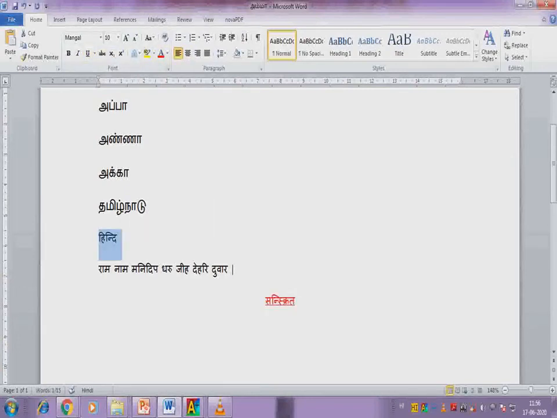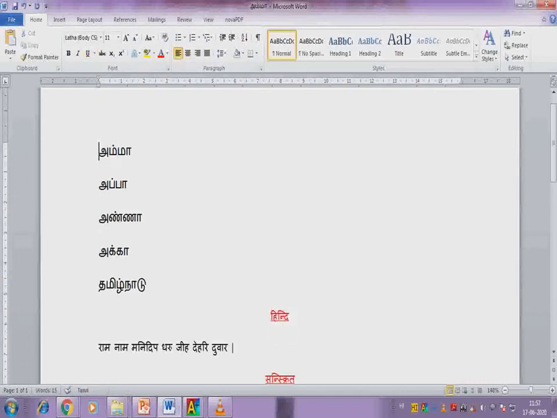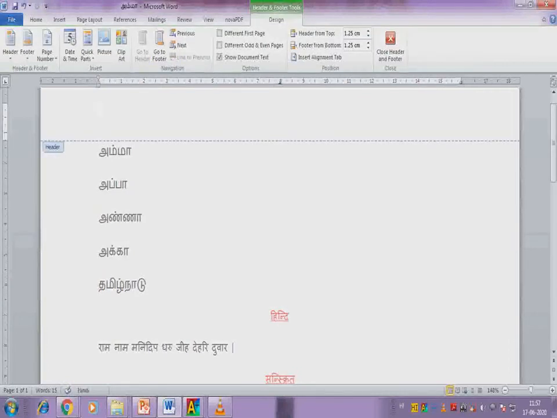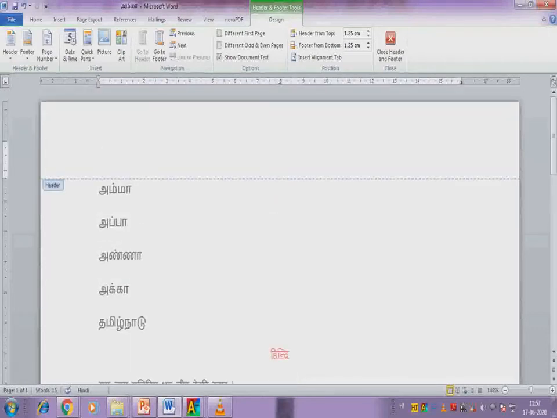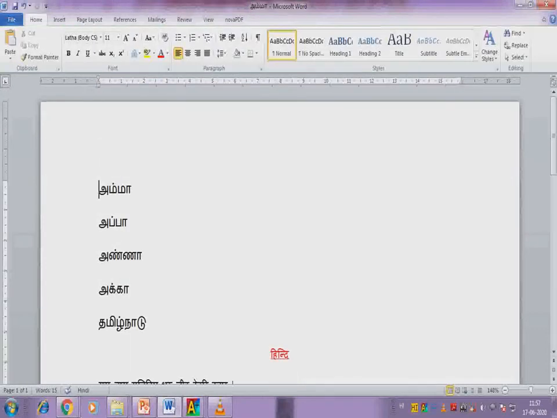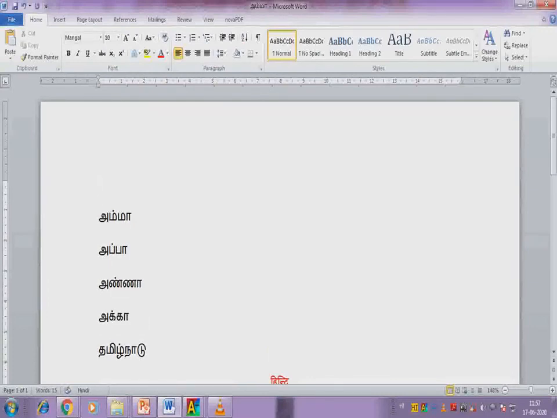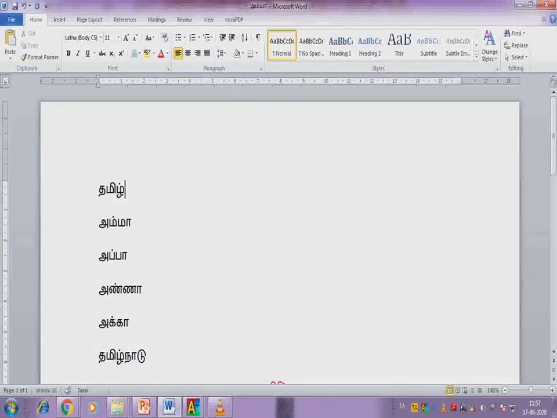The line is not thick, so I am going to make it a thick line. I want to increase the font size also. It is so small, so let me increase the font size.